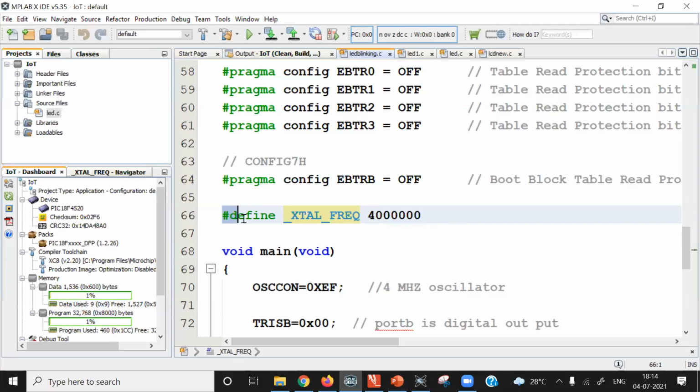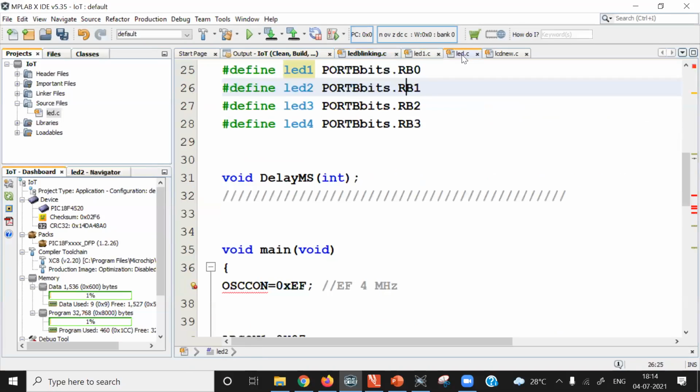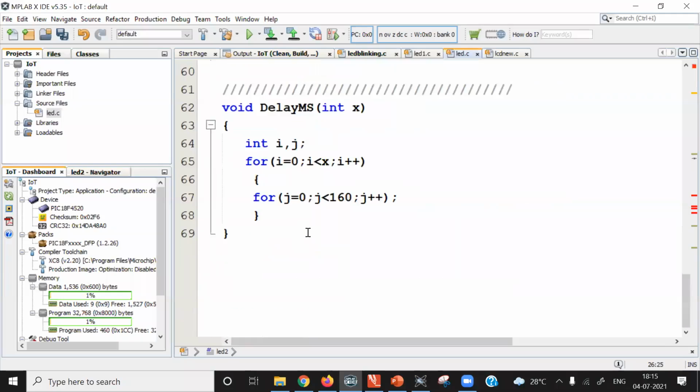And you must use the define directive, so #define _XTAL_FREQ. If you are using a clock frequency of 8 megahertz, then it must be entered here as 8 megahertz and so on. So the oscillator frequency must be entered after _XTAL_FREQ.